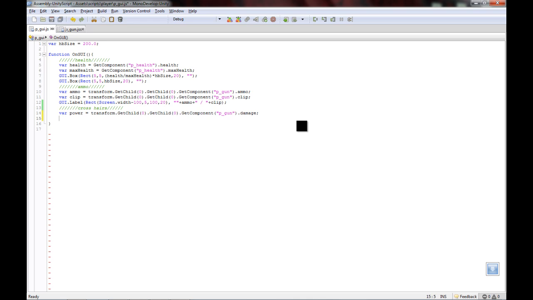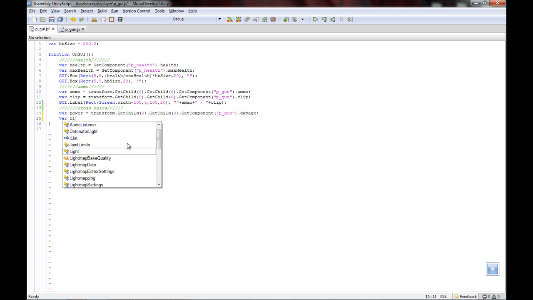Now the next variable we'll need is the limit, meaning the limit the crosshairs will go. We want to change that with each gun, because some guns have more recoil, so the limit of the crosshairs will be here. They go all the way up. If you don't know what I'm talking about, I'm making a Call of Duty style crosshair, so that's what I'm going for. I may even have an enemy indicator, that it goes red once it's on enemies, but stick with this for now. So call this variable limit,